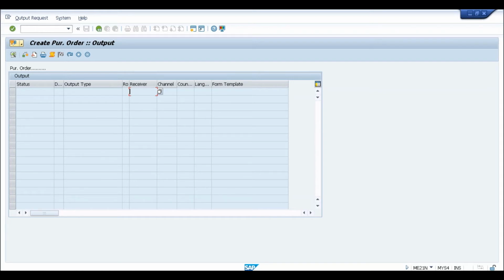So for purchase order output determination in case of 1511, there is a new output determination available, and even if you configure the configuration from NACE, that will not work in 1511. So only new output determination was available in 1511. What is new output determination? That anyways we'll talk about. But first of all, let me tell you what are the benefits of new output determination, and then I will tell you the disadvantages of that. So the benefits of new output determination is keeping in mind the future.